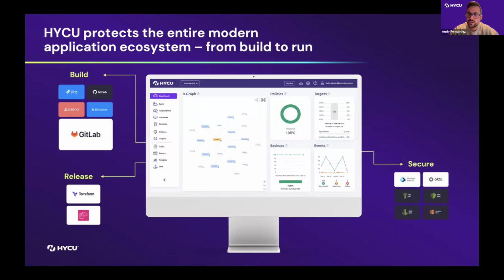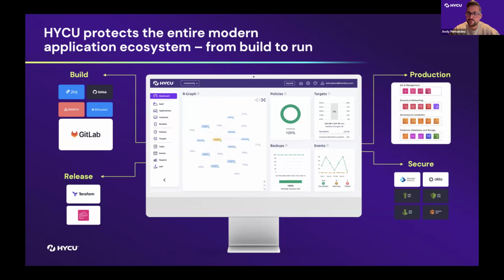But of course, you're also using services to secure the application, whether it's access management like Okta, whether it's on internal tools or even customer identity cloud, or what used to be known as Auth0 or Entra ID, but also all of the security services that you're using to run these applications. What VPC is it? What cloud IAM are you using? What's your key management look like? These are all things that HYCU is able to protect and then restore, and of course, also protect the source,